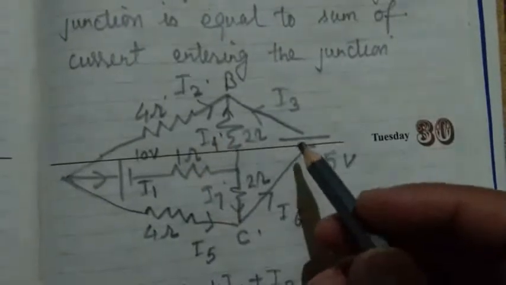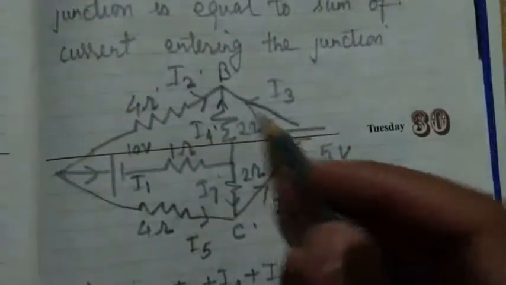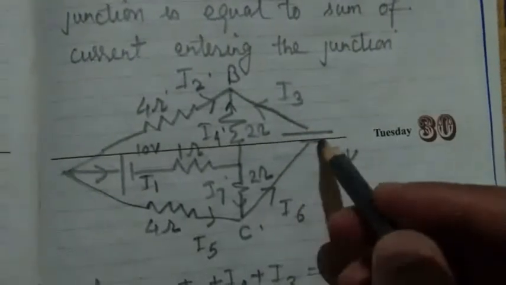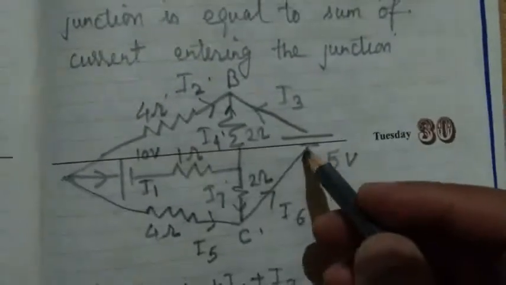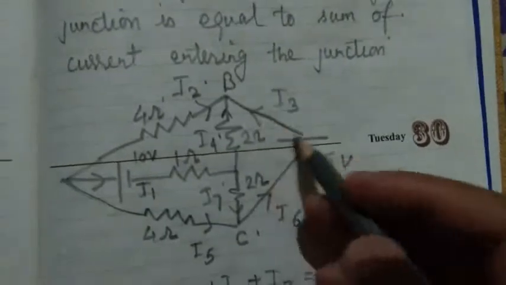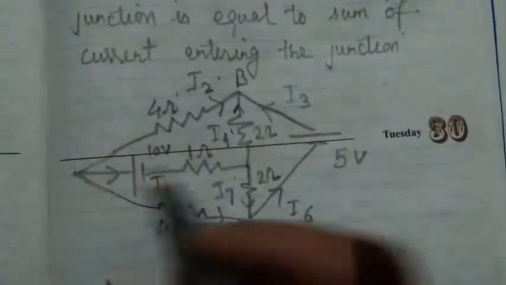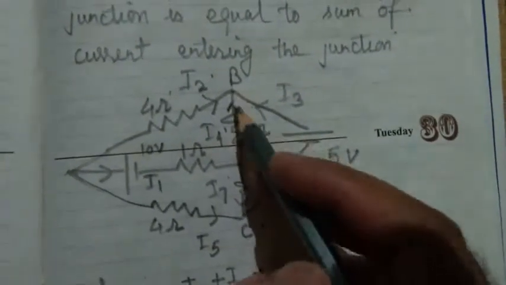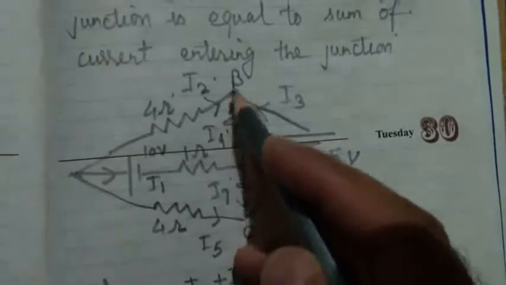This is not a junction. This is only a battery and the wires are just slanting. So this is not a junction. This is a battery, and 2 wires are taken in an angular manner. So 1 junction, 2 junction, 3 junction, 4 junction. Junction means any point at which 2 or 3 wires are connected.